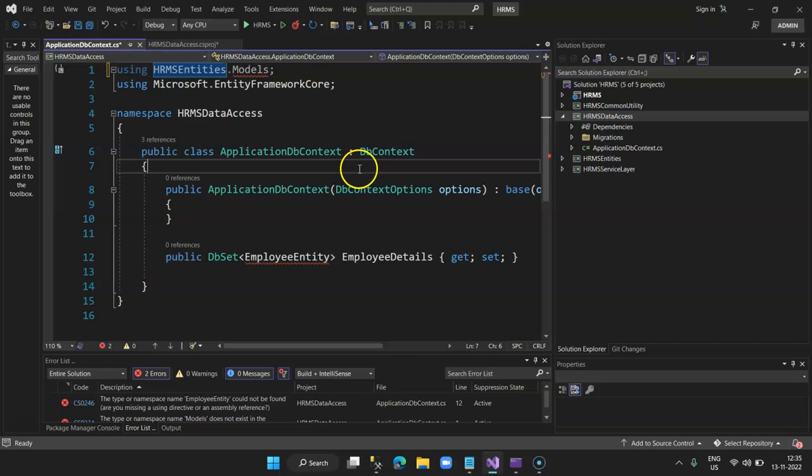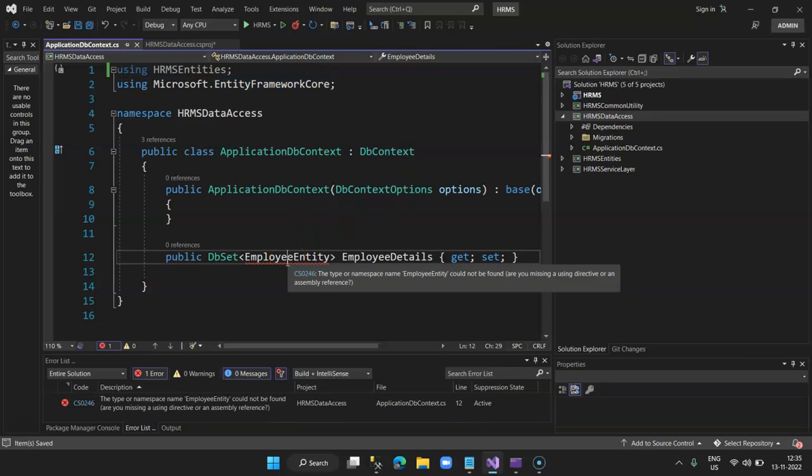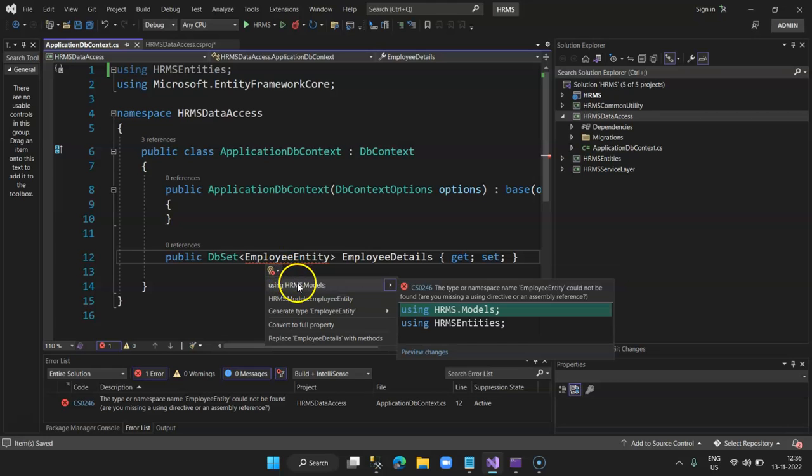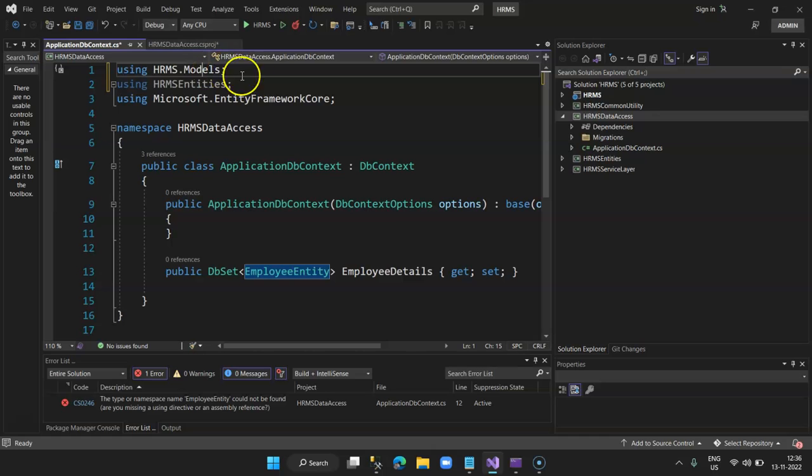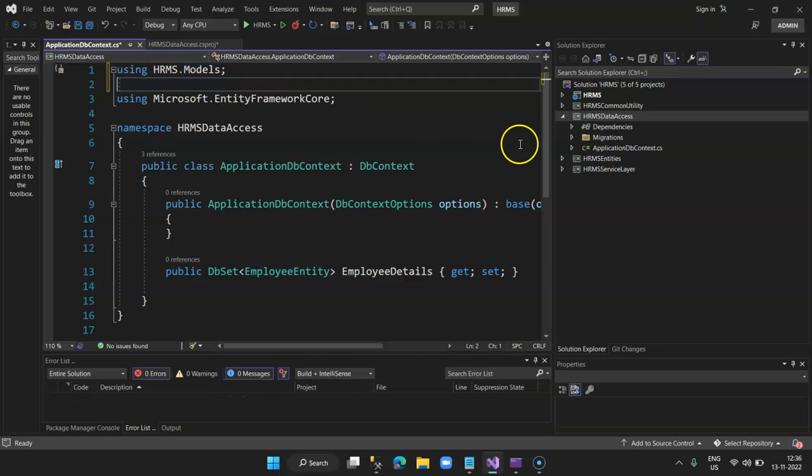and models. So we don't require model now, we just require HRMS entity. And now if I click on employee entity, press Ctrl and dot, you'll be able to see using HRMS models. The reference is added. We don't want this,